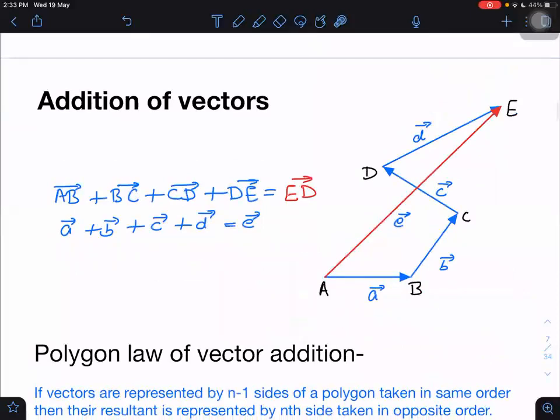Addition of vectors. When we want to add vectors, what do we need to do? We need to arrange the vectors. Let us say I'm going from normal common sense. Think in terms of displacement. If you are going from city A to city B, then city B to city C, then city C to D, then D to E, effectively, from where to where did you go? Effectively, you went from A to E. So what is the resultant then? Resultant, here I have written wrong. I don't know why I wrote ED. Let us correct it. Resultant is AE. Okay. I can also represent like